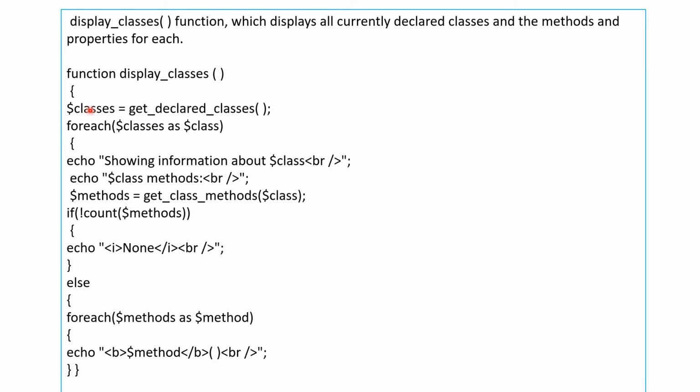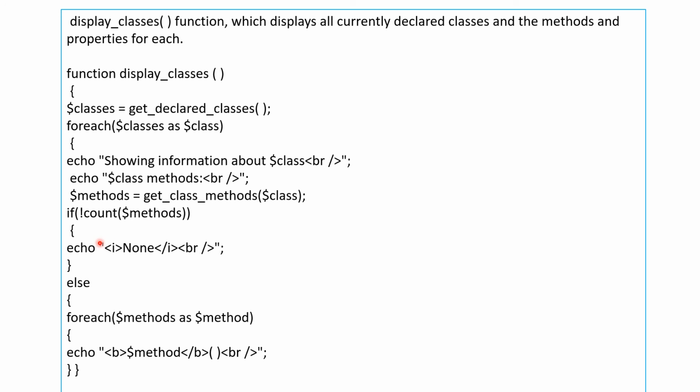We can store the classes one by one in the $class variable, and then it will display them one by one. And then to display the methods in the given class, we can use get_class_methods, and here we can provide the name of the particular class. get_class_methods returns a simple list of methods in the given class, and here we check whether the count of methods is nothing.